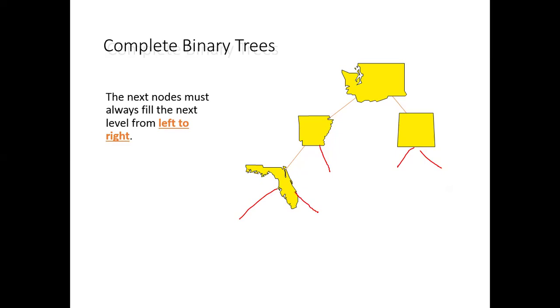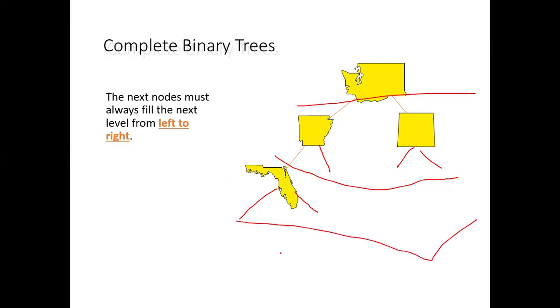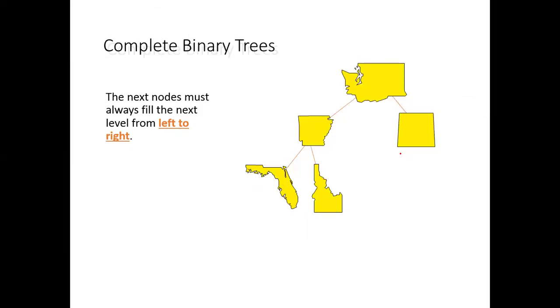So the difference between a binary tree and a complete binary tree is that in a complete binary tree, the arrangement should be level by level order. After finishing each level only, the new node can be added. That means I can't leave this node and simply add to the next one. After finishing this one only, I can go to the next node. So that is the difference between a binary tree and a complete binary tree.